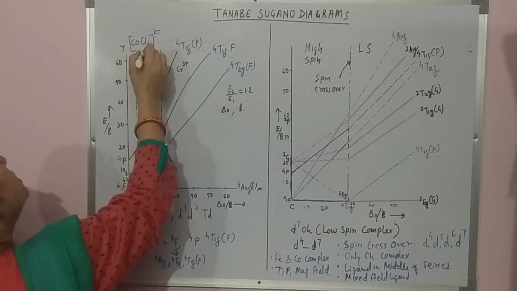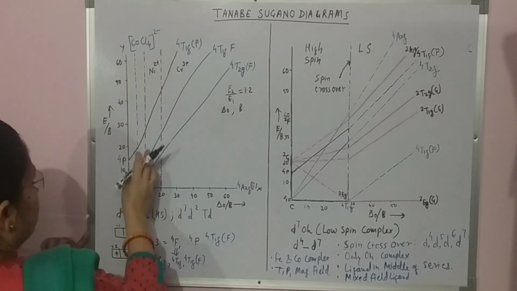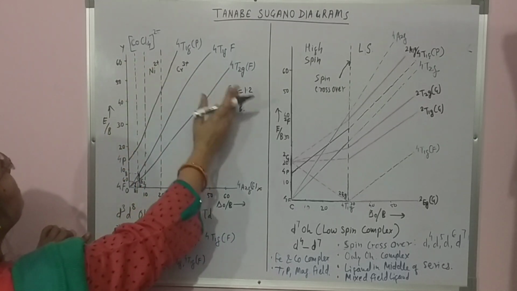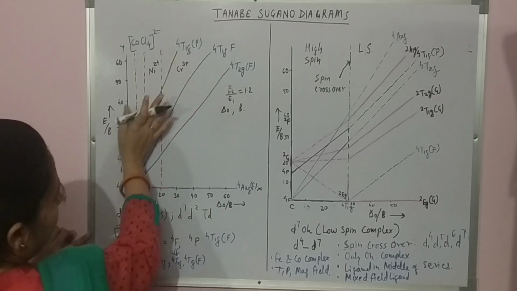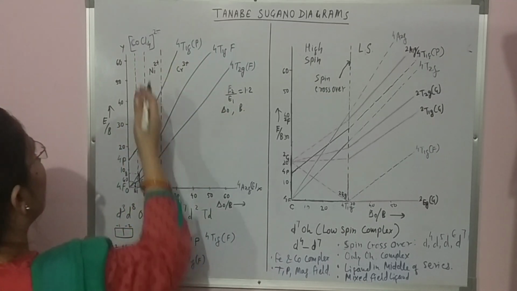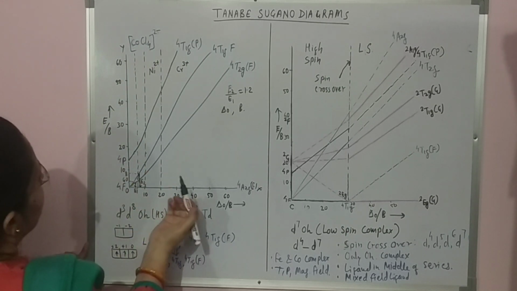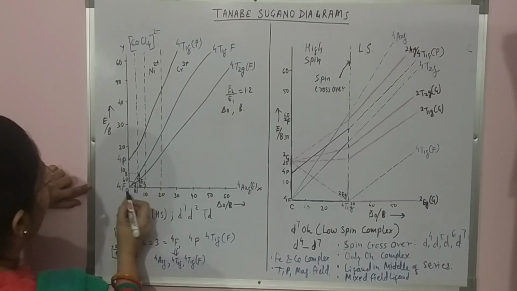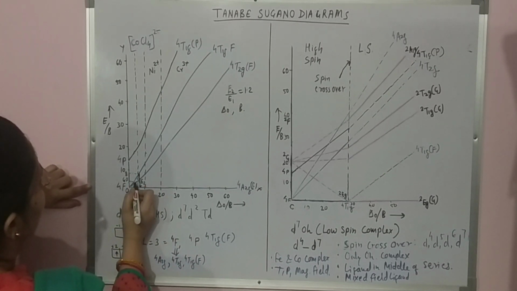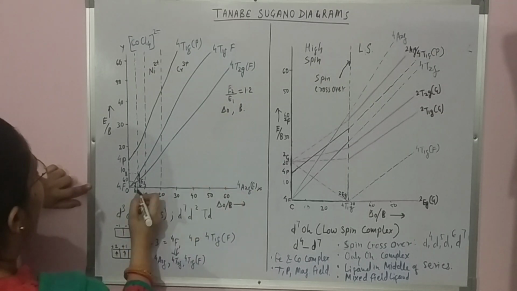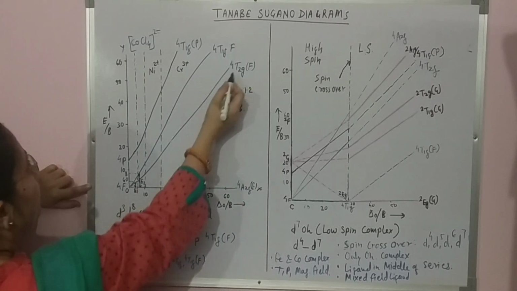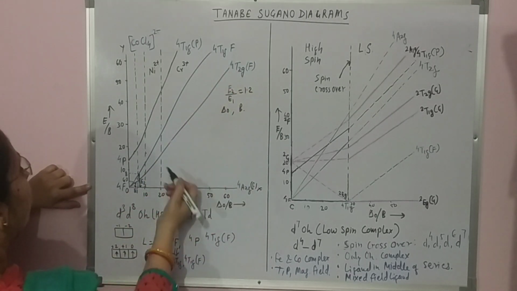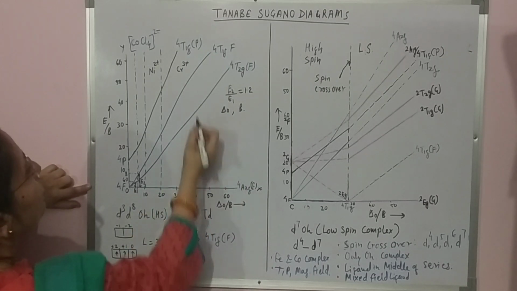So here a cobalt Cl4 2 minus kind of complex we will find. There is a tetrahedral complex of Co2 plus, and similarly as we move this side, nickel 2 plus and then chromium 3 plus complex will get this side. And suppose for this complex we are seeing the excitation pattern. So first due to the 4F, the excitation will take place from E1 to E2. So E1 is 4A2G and E2 is here 4T2G. So first it will be 4A2G to 4T2G, and second will be from 4A2G to 4T1G.